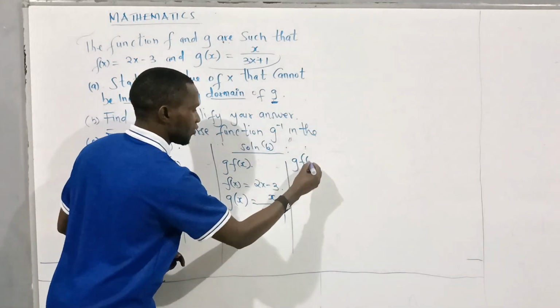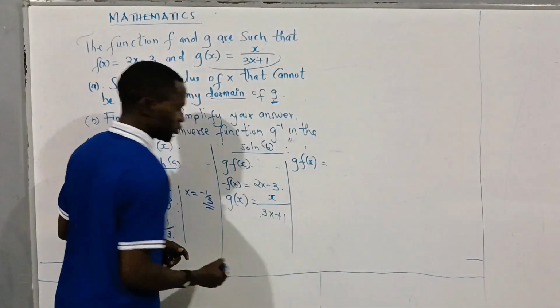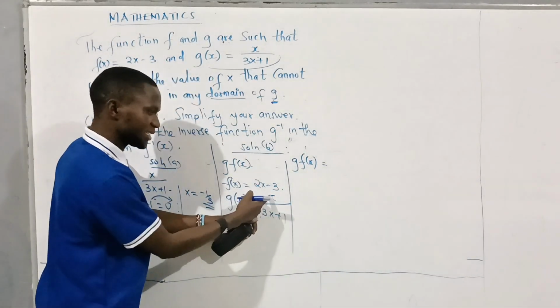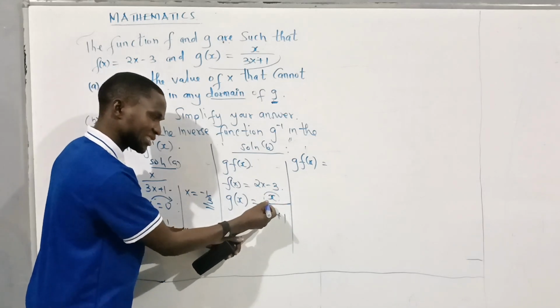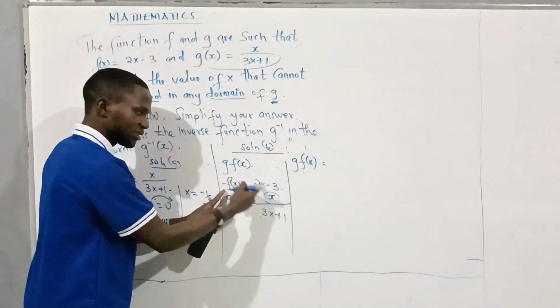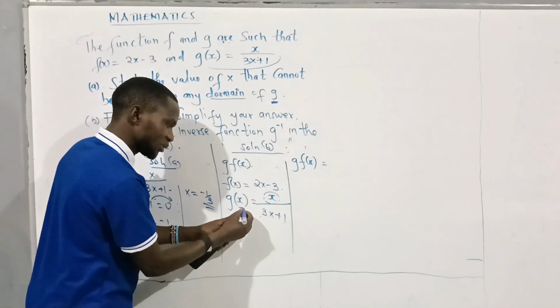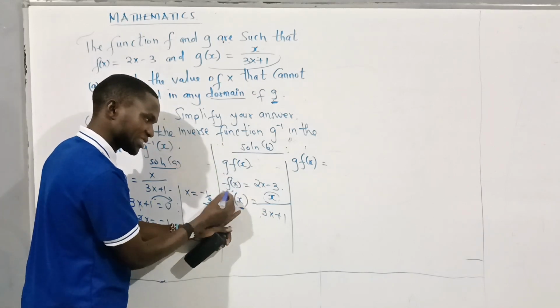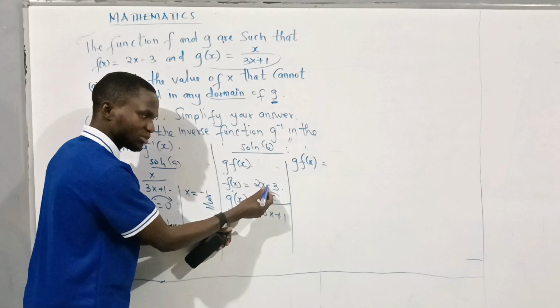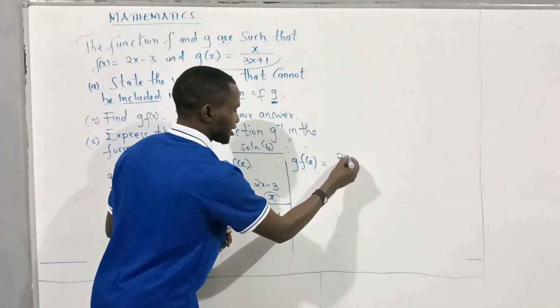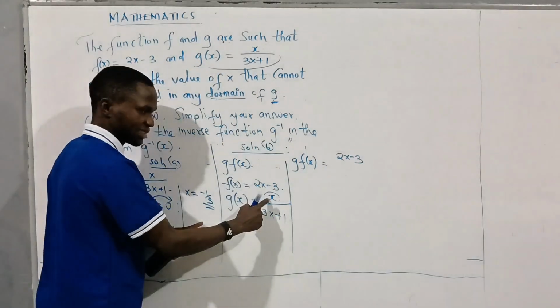Therefore, g of f of x will be equal to, where there is x, anywhere we have x, we substitute here. Because it's g of x, we're going to substitute this with f of x. The whole f of x is 2x minus 3, so 2x minus 3, because it's x, over